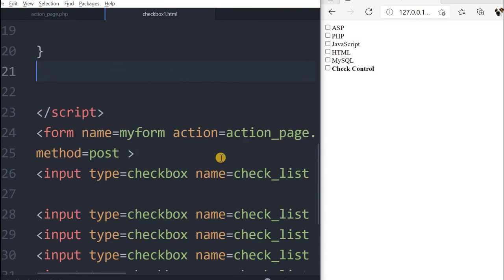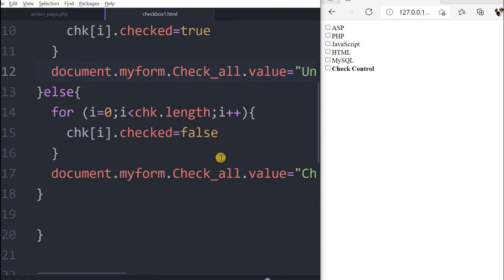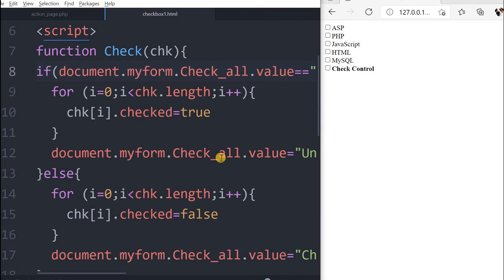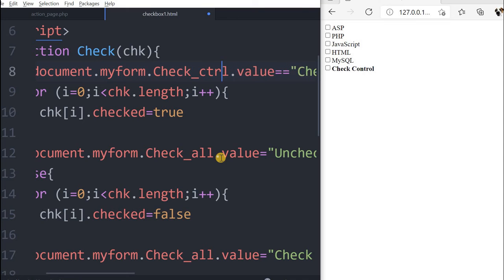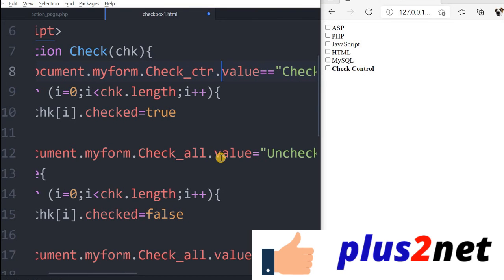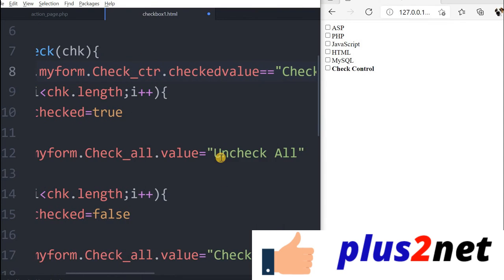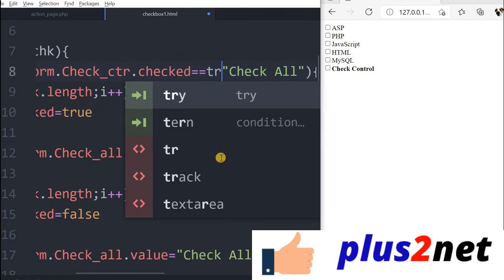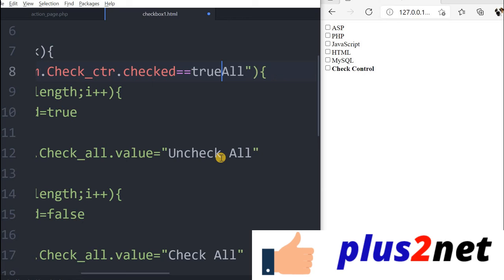Now we'll go to our function. Here a slight change is required because it is no more a button. So the if condition checking will check, it is check control, check_ctr. Now there is no value column here, we will say checked property. If it is equal to true, then this, that's all.